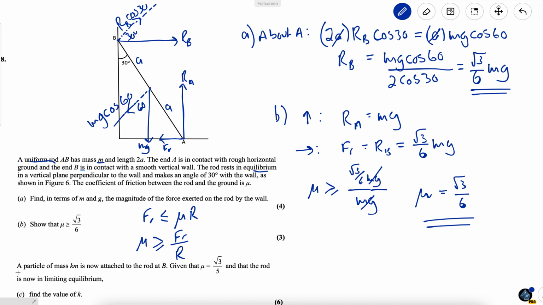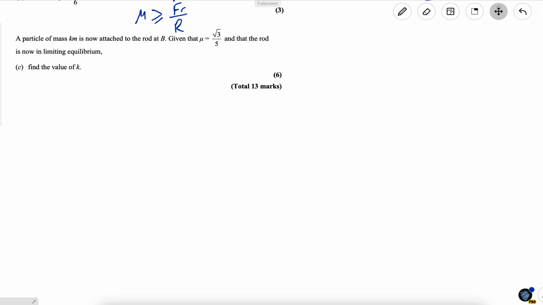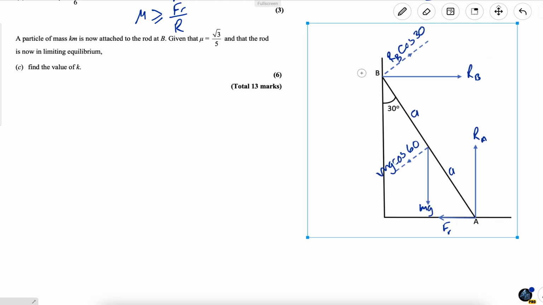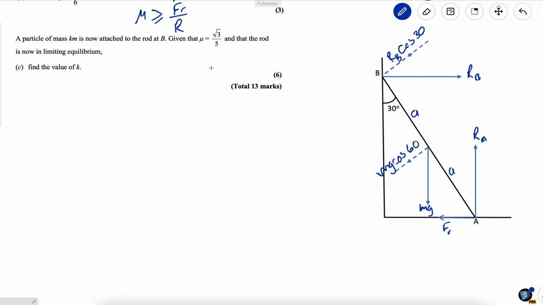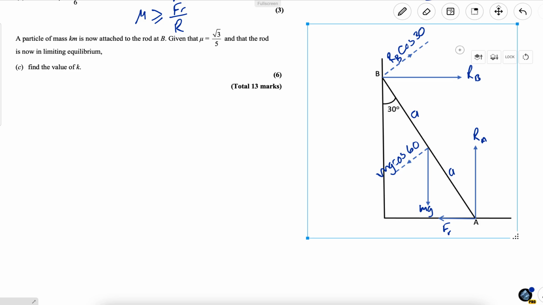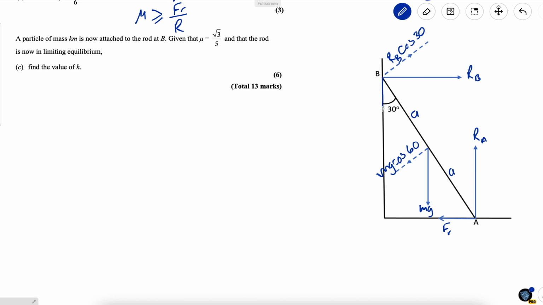Okay, so for part C, a particle of mass km is now attached to the rod at B. So I'm just going to move down a little, and I have redrawn that diagram so I can drag it down. So everything's marked on as before. Now I'm going to mark the mass km is attached to the rod at B, so it will have a weight force. Let's lock this in place. It will have a weight force of kmg